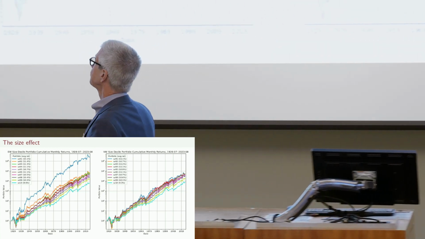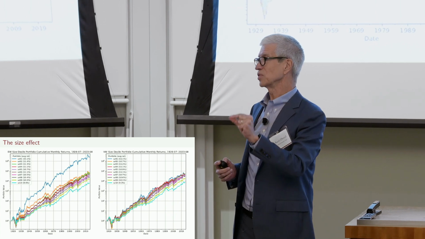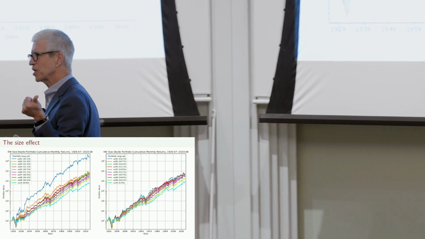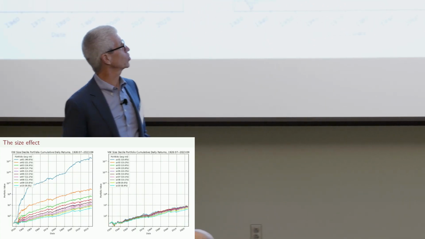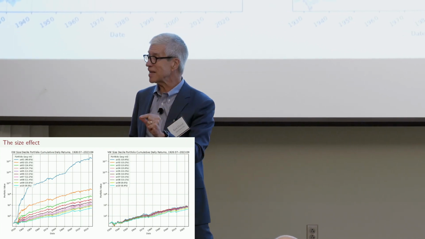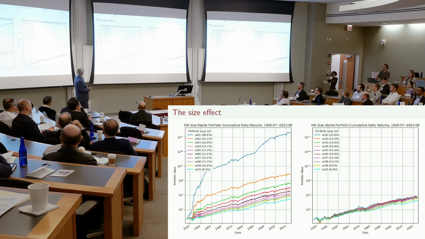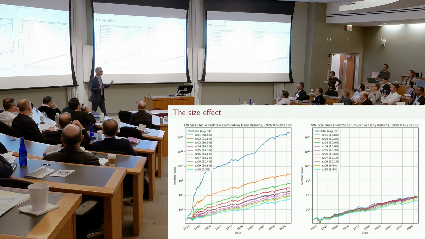Okay. By the way, a neat way to see this in an extreme way is to look at Ken's daily data. And by the way, Dick has an old paper, "Caveat Compounder," I think, that illustrates this. And here are the size sorted portfolio returns, only they're equal weighted daily returns. And you can see now for the small firm decile, the average return is 40% per year, but again, it's ridiculous. You can't earn this because you couldn't have traded at those prices.